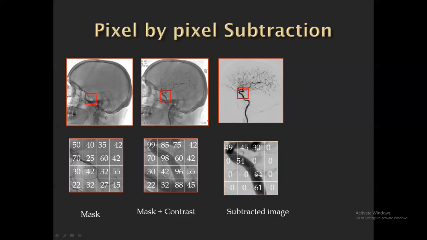And when there is a value more than zero, that will appear as dark. If it is a higher value like 100 or 1000, it will be more dark. So when these pixels are getting subtracted with the mathematical values, we will get the subtracted image. This is called pixel by pixel subtraction, or this is what is digital subtraction.